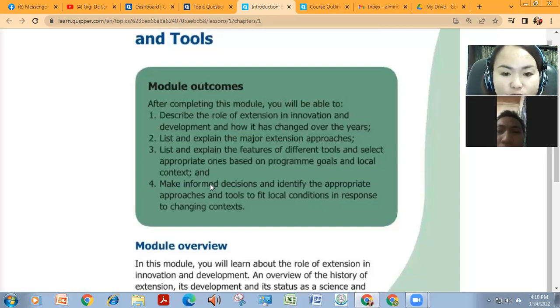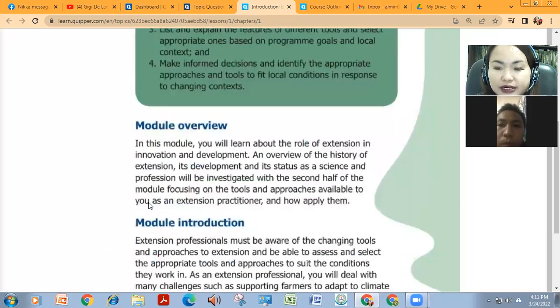And, so muna, no, to list down the different tools na pwede gamitin natin in extension education sa ating mga farmers or mga out of school youth and adults, for appropriate po siya para sa mga program in the government and goals, no, in local context, and make informed decision and identify the appropriate approaches and tools na mag-fit siya sa local condition and response to exchanging context, no. So there are a lot actually, no, like when just recently